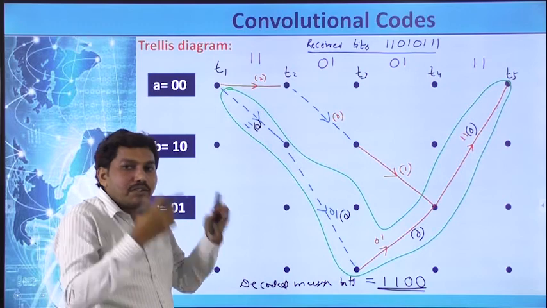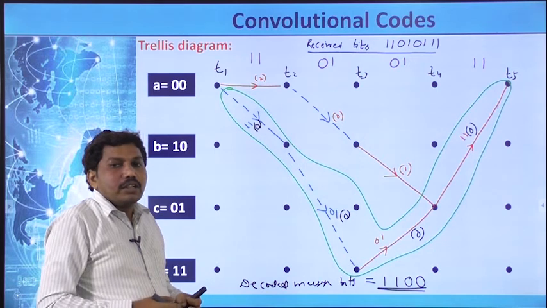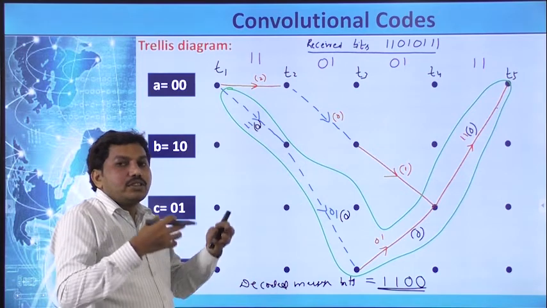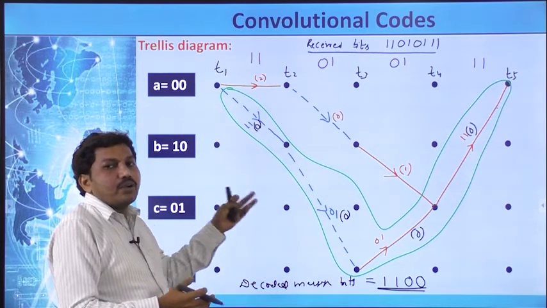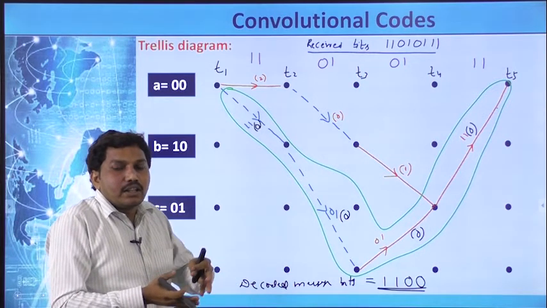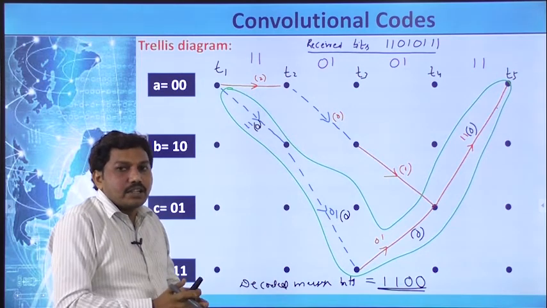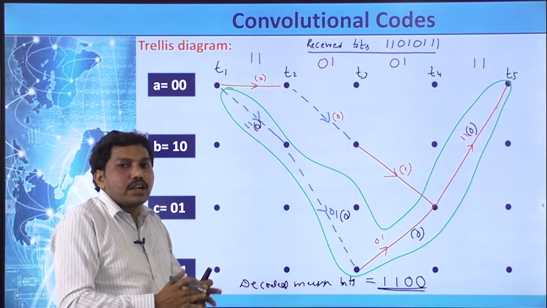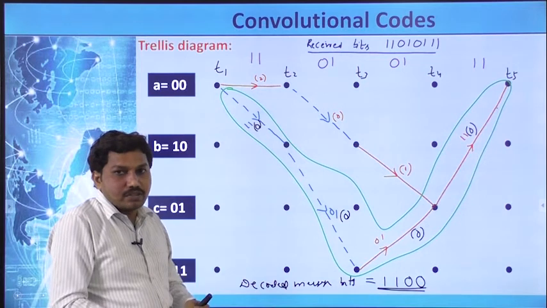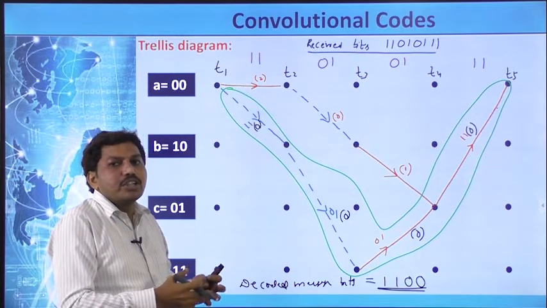If only one path is available, from that path you can write the decoded message bits. In some cases, if you have more than one path, let us say 3 paths from the starting node to the ending node, calculate the metric for each path. The path which has the least metric is considered, and it is called the surviving path. From that path, write the decoded message bits. A dashed line represents input 1, a solid line represents input 0.